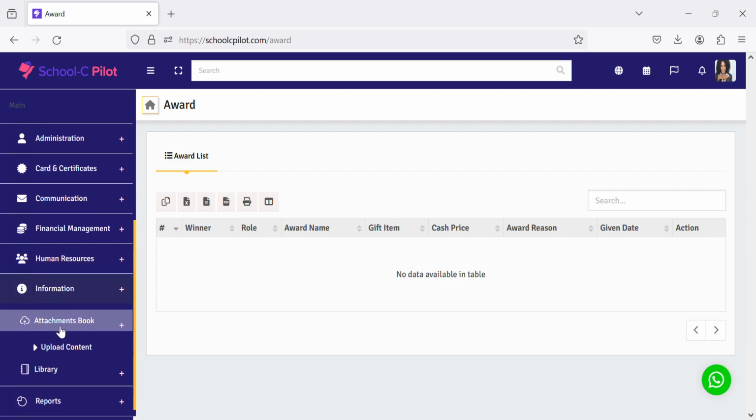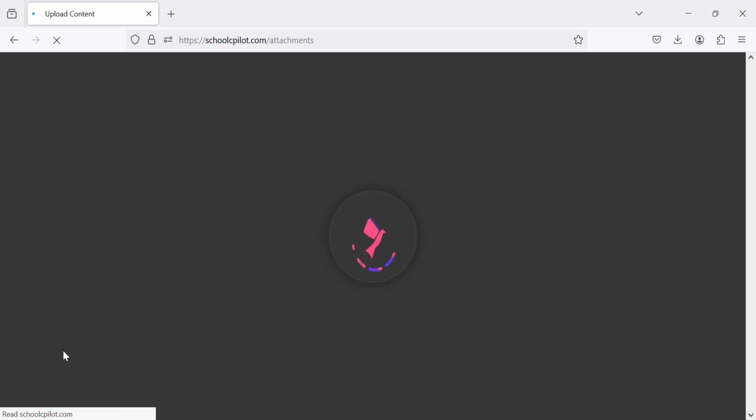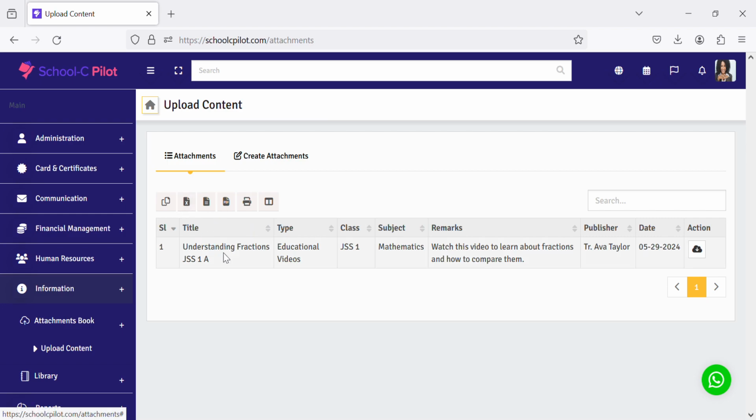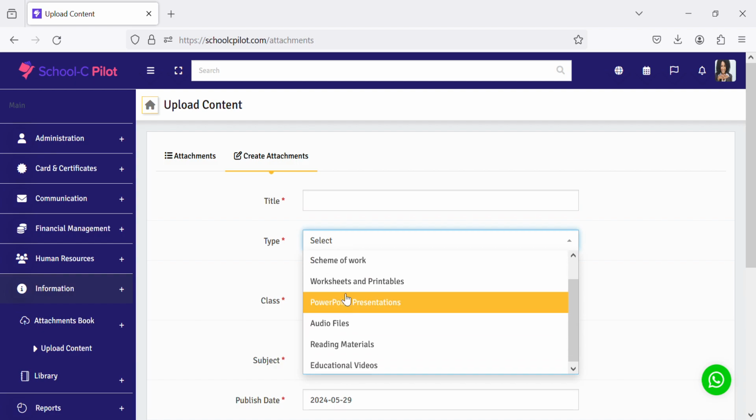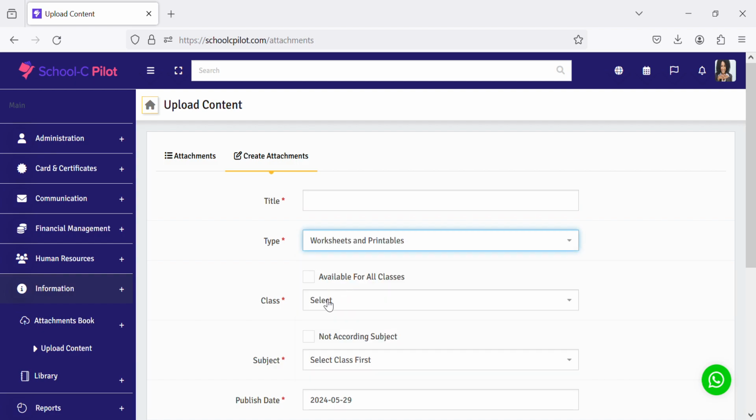And now the next thing is the attachment books. So right here, it's only for my class. I can see here that I've once attached this. This is my name here. I've published this to my class only. And if I want to add another, I can put in the title here, and then I can select this is a worksheet and printables, and I will